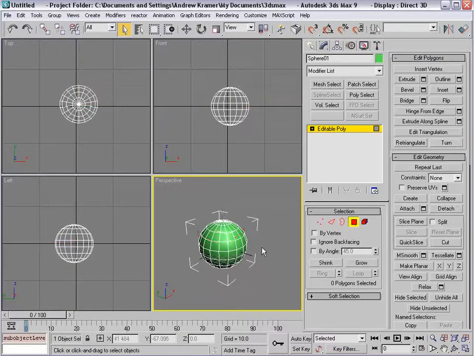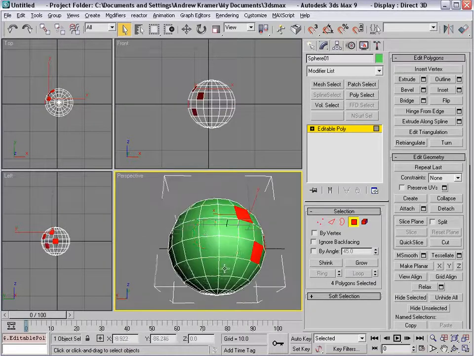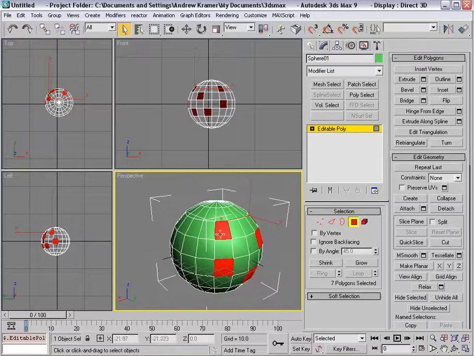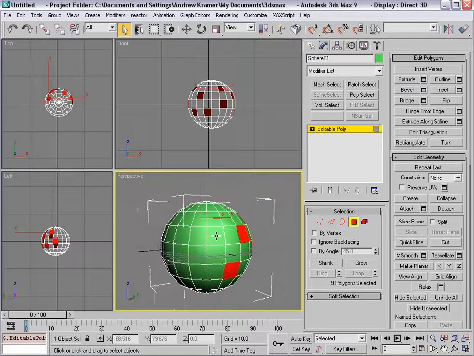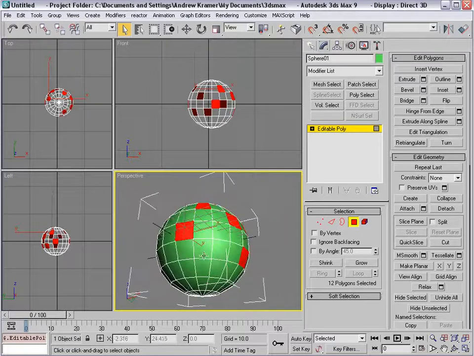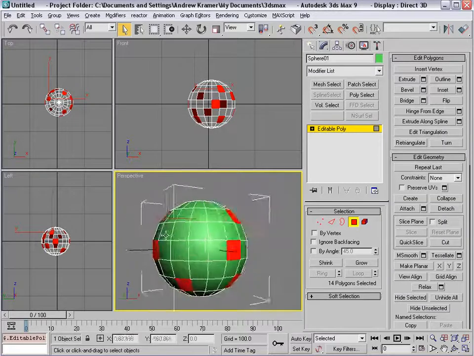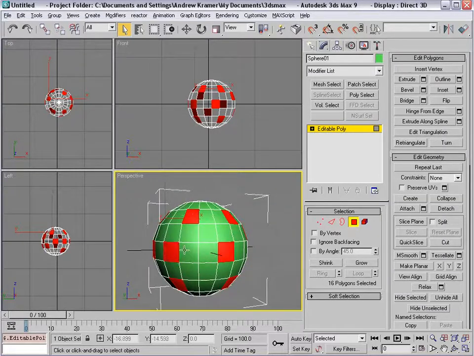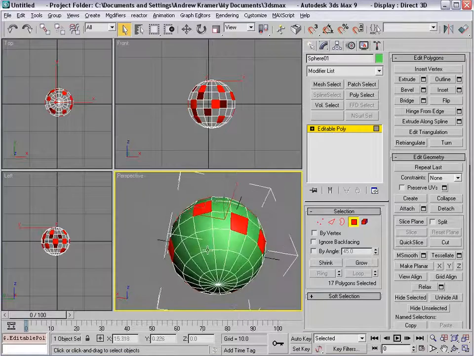And we'll take the face selection, and we just want to click on a bunch of random faces. So hold down Control, and just pick a bunch of different faces. You can use some of these orbit tools to fly around your scene if you don't know the shortcuts, but I'm just holding down Alt and middle dragging to orbit. So we're just going to grab some random faces like that, and